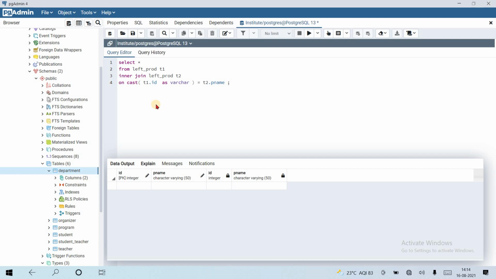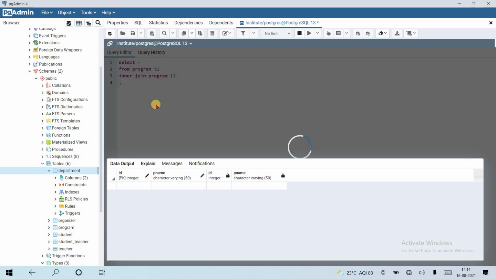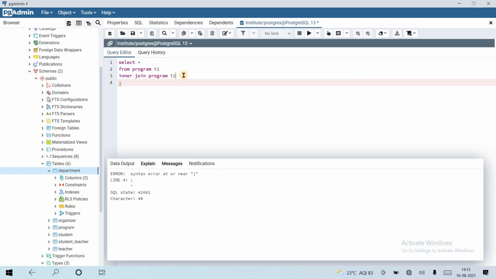Okay, so let's try it on the program table. Suppose we select all from program as T1, and inner join with program again as T2. Let's see. Yes, but we need to specify the common column using on.